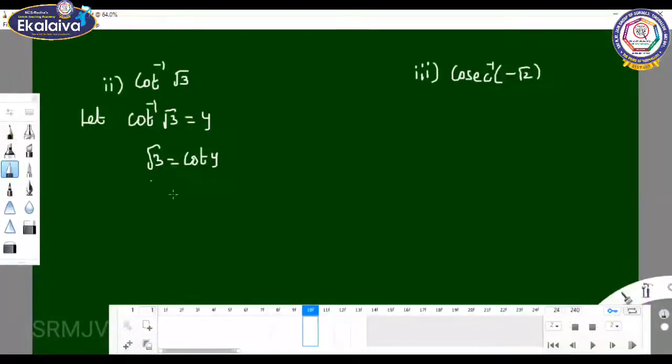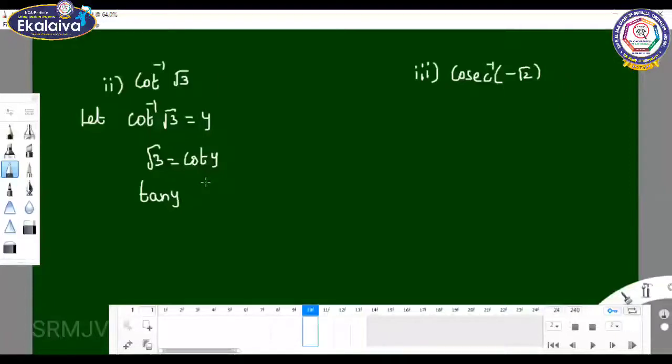The same way you can take the reciprocal of the value. Tan y, what is the reciprocal of cot? Tan. What is the reciprocal of sine? Cosecant. Cos, secant. Did you remember? You studied in the 10th standard. Once you brush up everything, see here. So what is the inverse of cot?